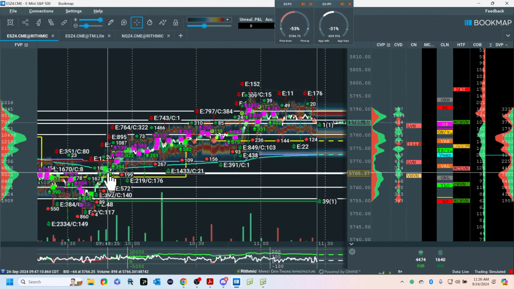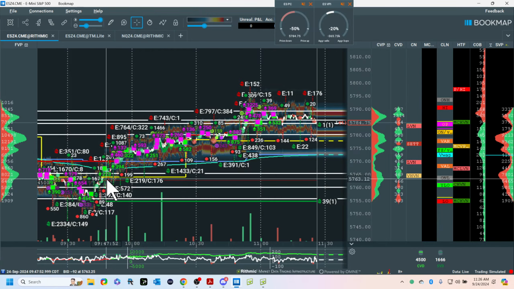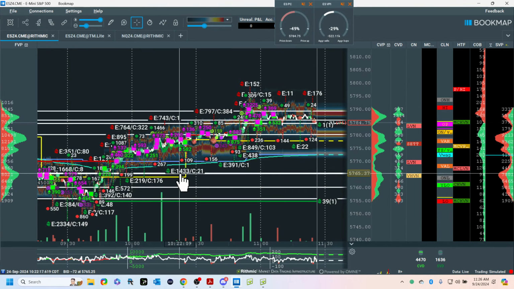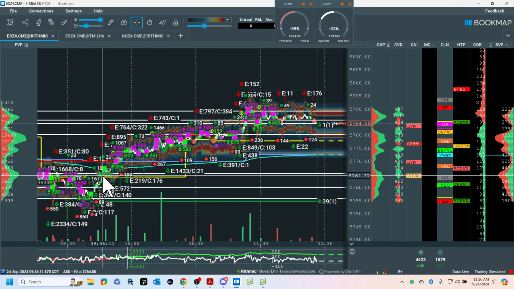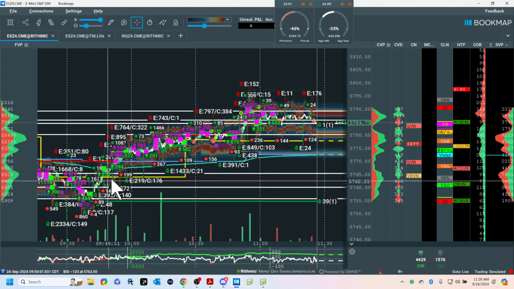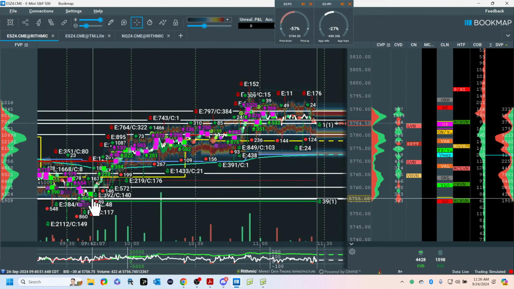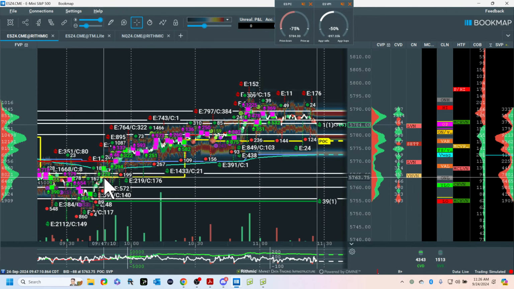It's material for a scale. So the long is out here to here, variable high volume node. There is no long from here for me to here. This is not a trade. It could be back to here, if you want, but this is already done its move. This is just passing through for me. So this is not a structured trade in my book. Hope that answers your question.